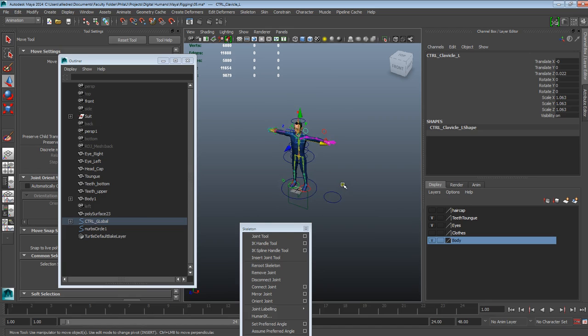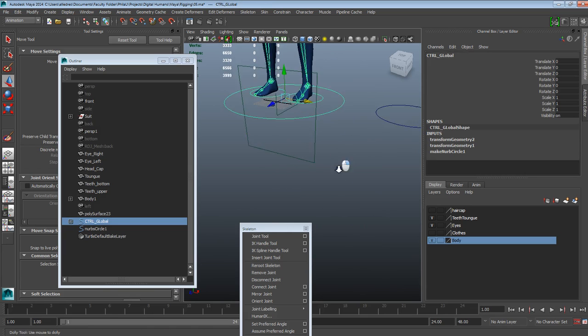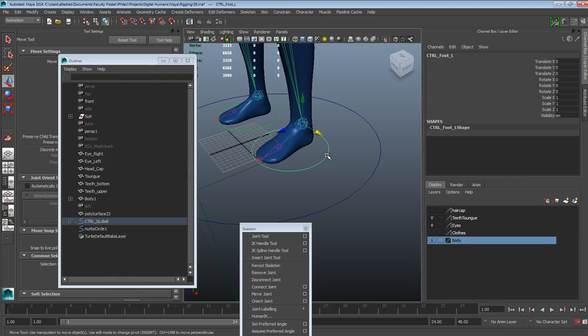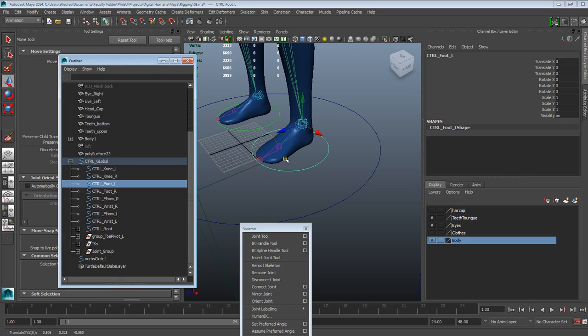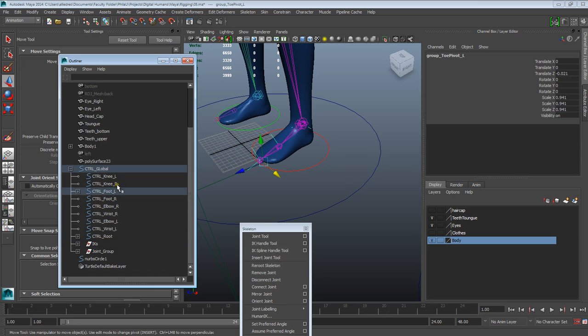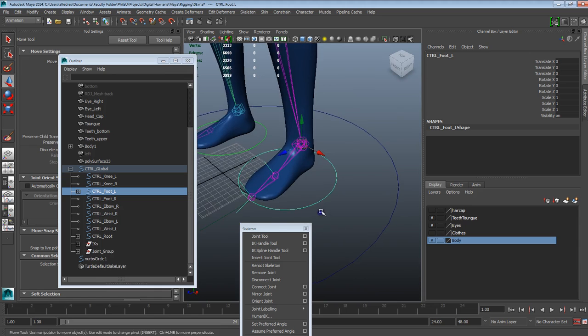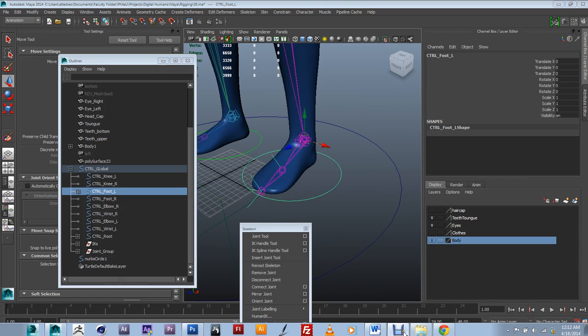So again, it's probably one of the reasons why it's important to freeze transform your stuff. You just gotta be careful with that. Alright, so now our controls are working the way they're supposed to. No, not yet. Let's go back to making sure that our toe pivot group here is part of the foot control. And by doing that, it's going to follow along. So what I was trying to get to in a second, and I got a little distracted here by trying to fix my little mistake,